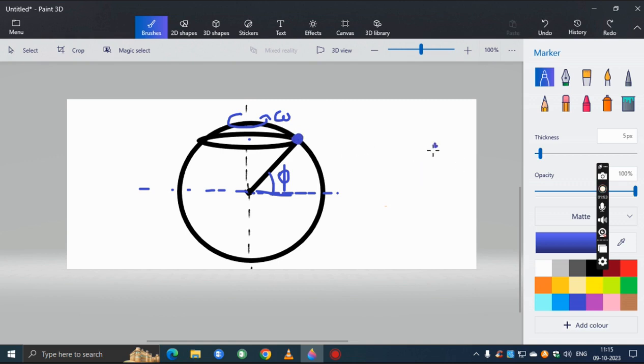Well, one is its weight, mg, in this direction towards the center, and there is a centrifugal force, m r omega square. And if this angle is phi, then